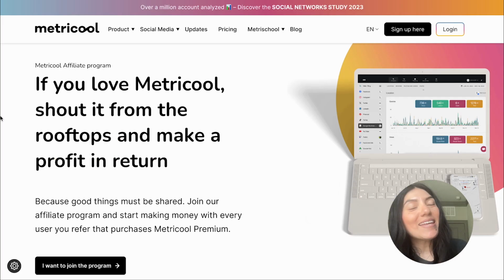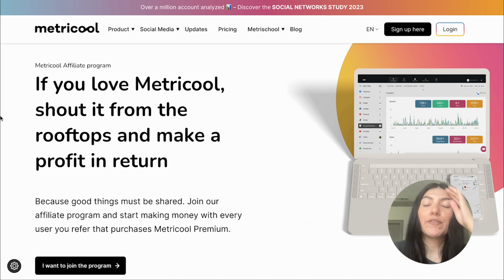So before I get into the Metricool affiliate program and what that actually looks like within our platform, I do just want to mention that if you want just a basic overview of what the Metricool affiliate program is, you can go to